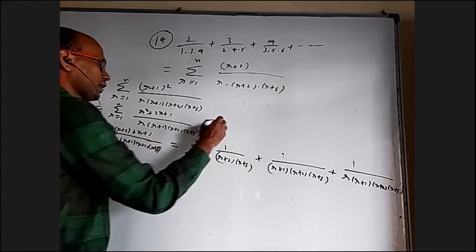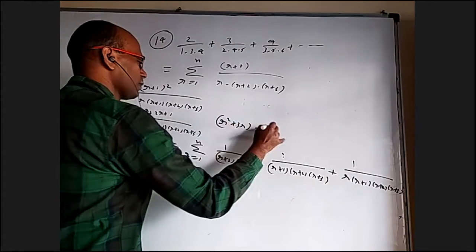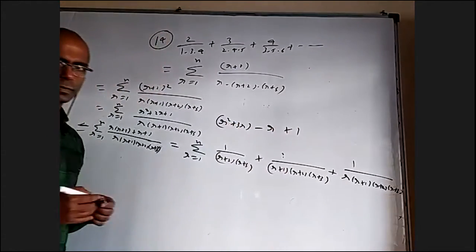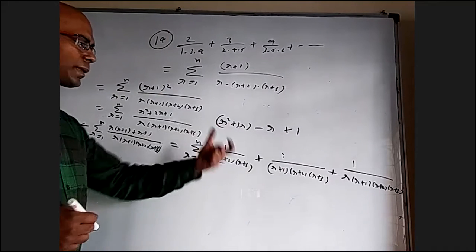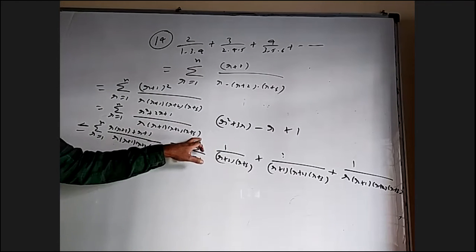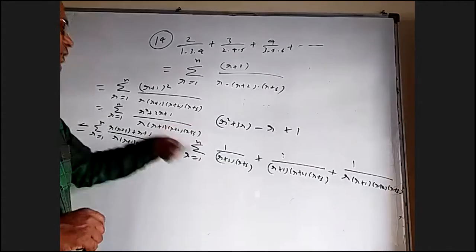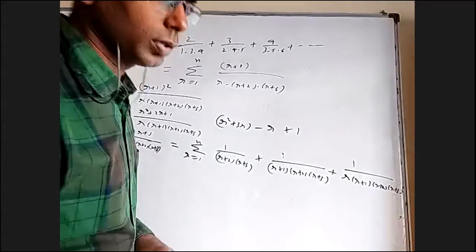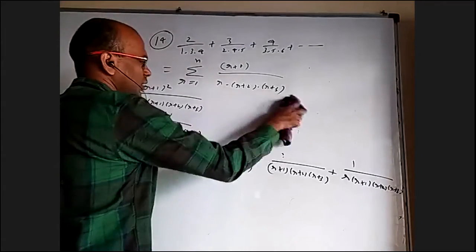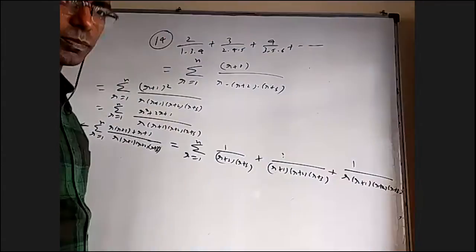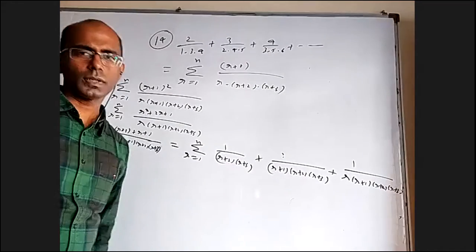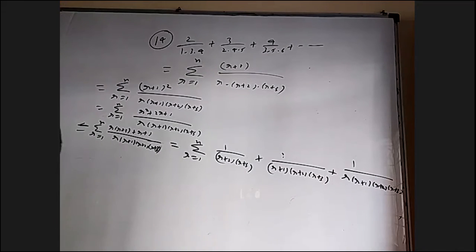Somebody can write r square plus 3r minus r plus 1. Then they make it apparently a different answer, because r and r plus 3 will cancel. They'll get r plus 1 into r plus 2. This by this one thing, this by this one thing. Somebody can do some other way also. So it is not a unique way, I should say. I personally would have preferred partial fractions, but the answer is given like this, so I'm also telling this now. So 14, 15, 16 all can be done by partial fractions or this method. I'm not completing it, I'm only giving a hint and leaving it.